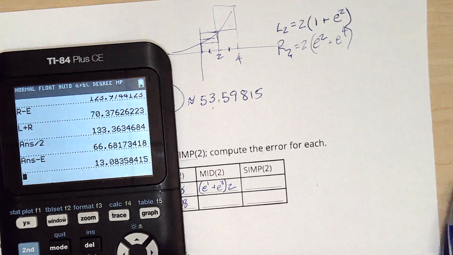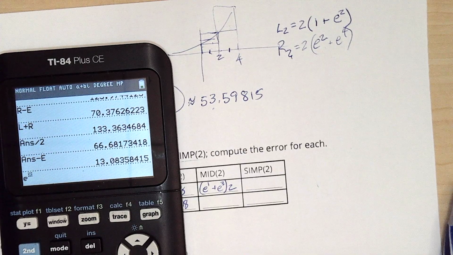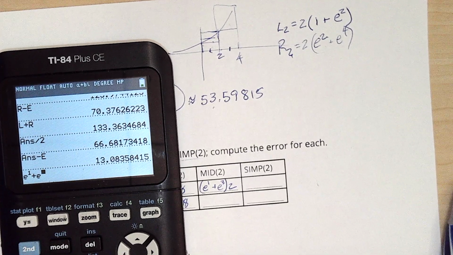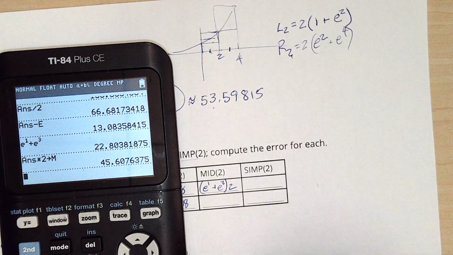So e to the 1 plus e to the 3 times 2, and I'm going to store this answer in alpha m for midpoint, and it comes out to be